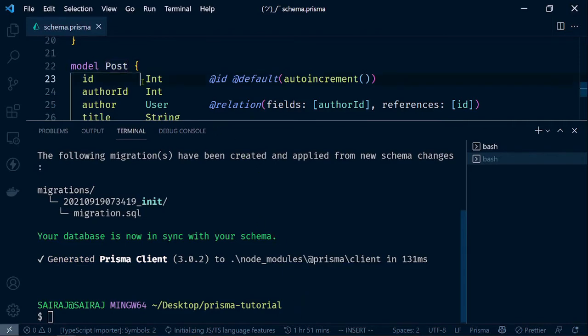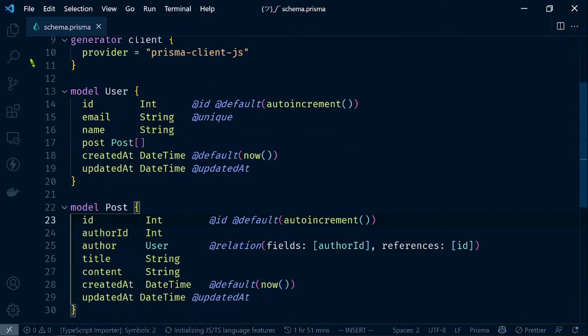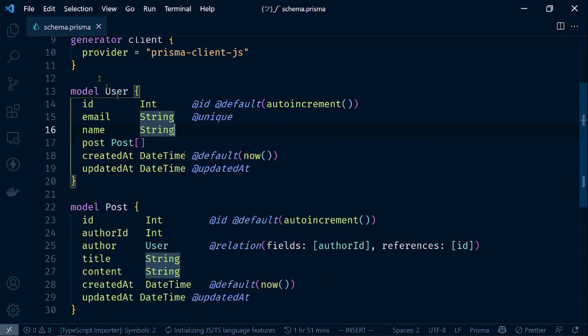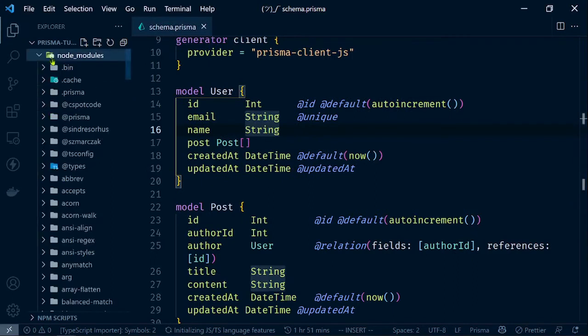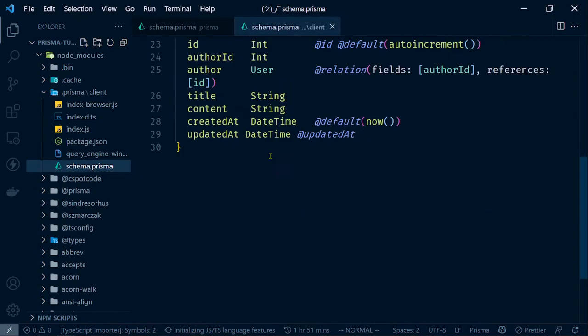So whenever you change something inside of the schema.prisma file, you have to go and run npx prisma generate. What this does is it generates types for Prisma client. You can just go to the node_modules and check into the client. So let me just go here. Inside of node_modules, you see the .prisma, and you see all this is just types. You see our actual Prisma